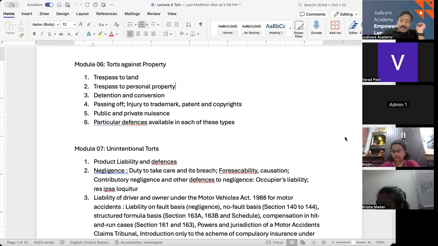So design defect, in a nutshell, is when a manufacturer's design, which was supposed to be done with due diligence, has not been done, and adequate measures have not been taken, which might have caused an injury to people. And once injury happens, those compensations could be recovered under the design defect of unintentional tort. This is a tort which is unintentional, but one of them is product liability, and under product liability, this is the design defect. Coming to the next one, manufacturing defects.